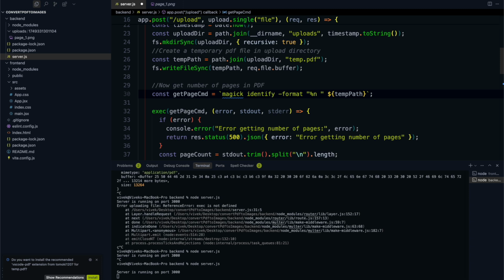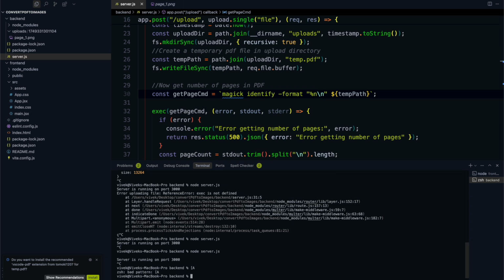For formatting, I think I need to do something like this. Let's change the code, modify it a little bit, and I'll just go for a new line like this. So maybe this will solve our problem that we are having right now. Let's try this. There's nothing to lose. Let's just run this command and